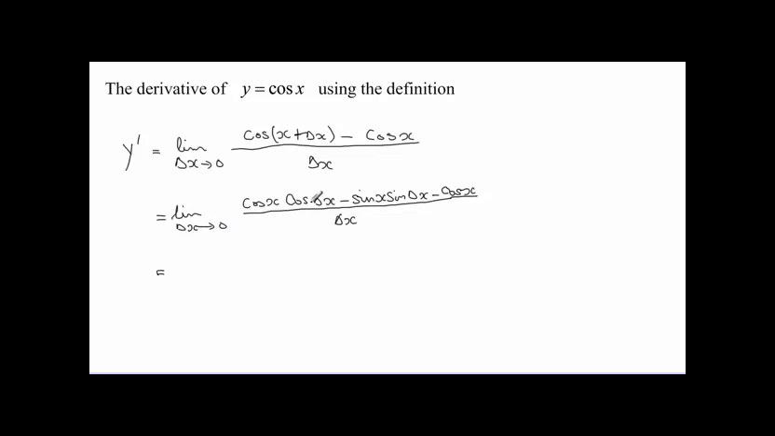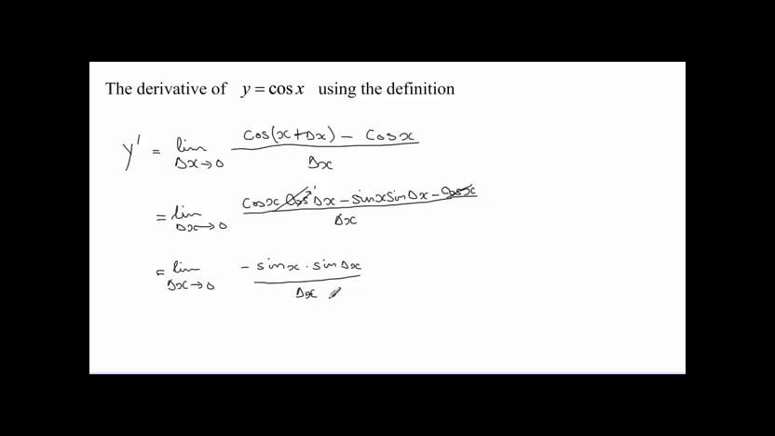Now, looking at this limit, we know that as delta x tends to 0, cos delta x here will tend to 1. So the expression here is almost equal to the expression there. They're not exactly equal, but the difference is not much as this tends to 1. So for that reason, we're going to simplify this way. Then we're left with the limit as delta x approaches 0 of minus sine x multiplied by sine delta x over